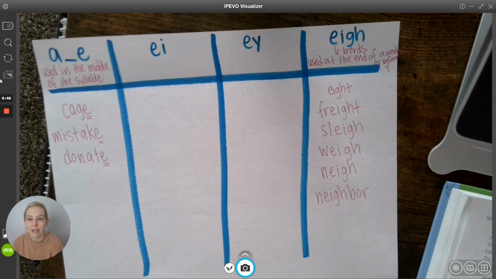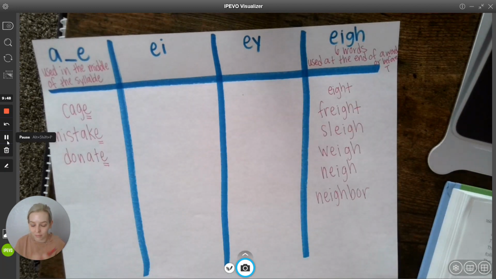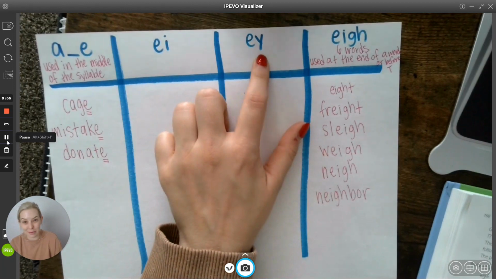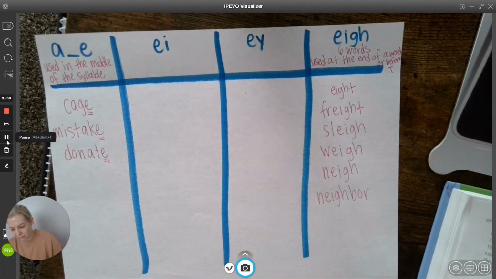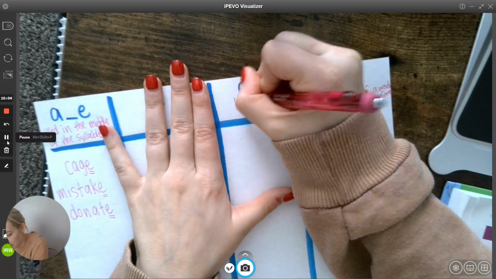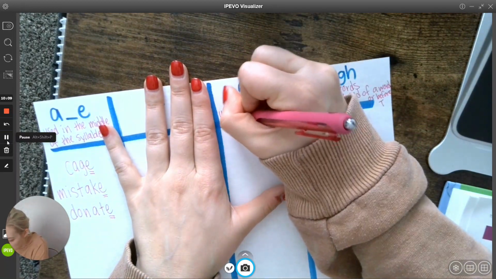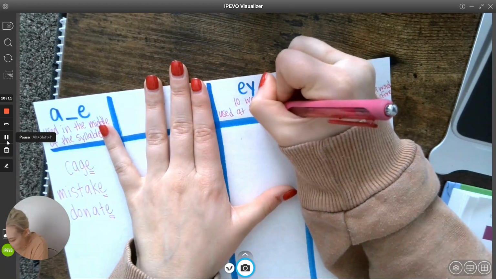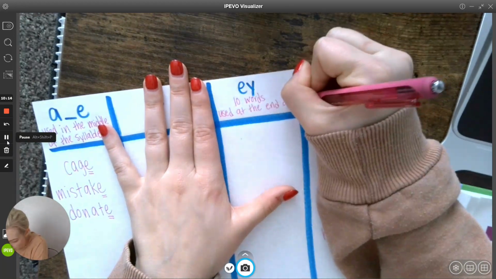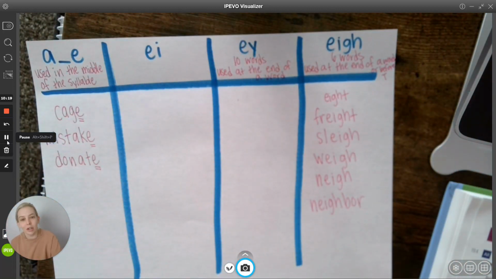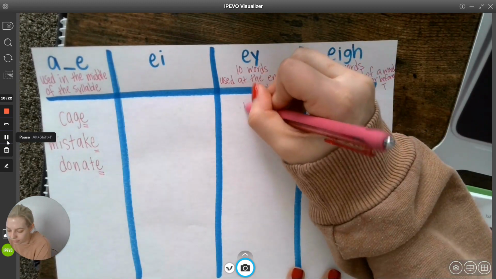So, now, which of these spellings may be used at the end of a base word? I hope you said this one right away. That would be right. So we're going to write the note that it has 10 words and that it's used at the end of a word. And then we have the word they,